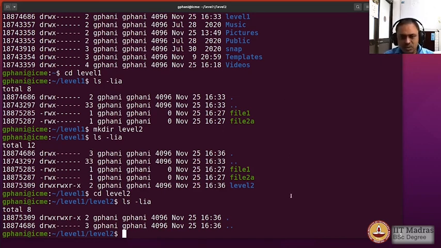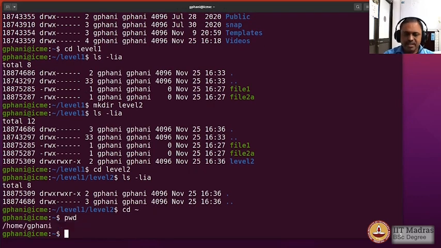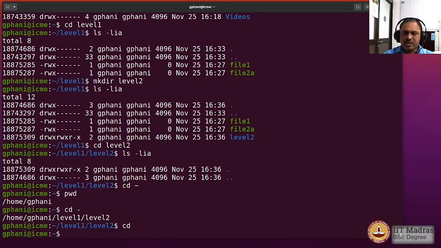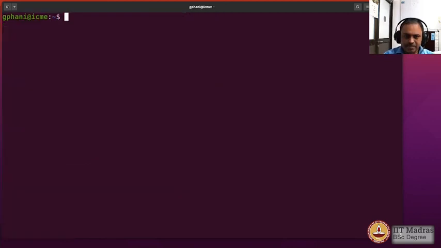Okay, for now let us go back to the home directory, and as we have discussed earlier, tilde is an alias for the home directory. I can just press tilde and go to the home directory. So where am I? I am in the home directory. I can actually now go back to the same directory with a dash, and we will go back to the level 2 directory again. So the dash is an alias for the previous directory that we were using, and tilde is an alias for the home directory that we started from. Okay, and now I clear the screen with Control L.